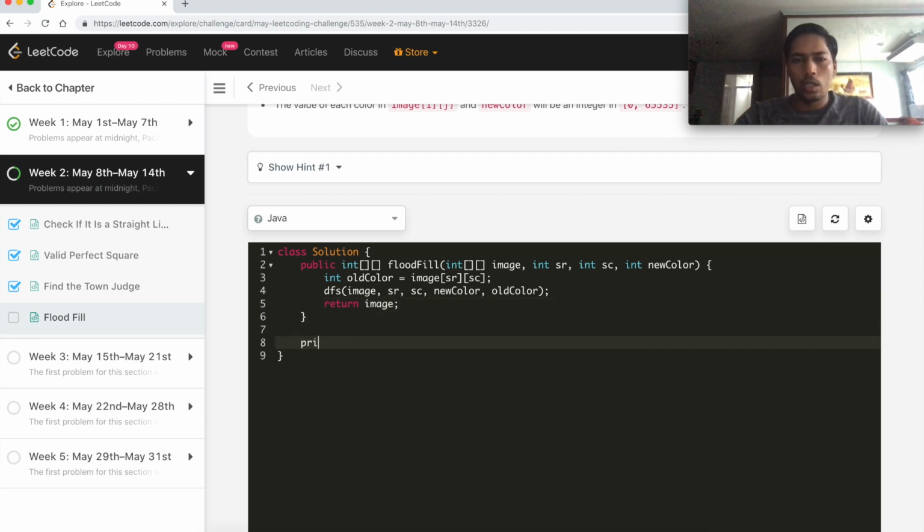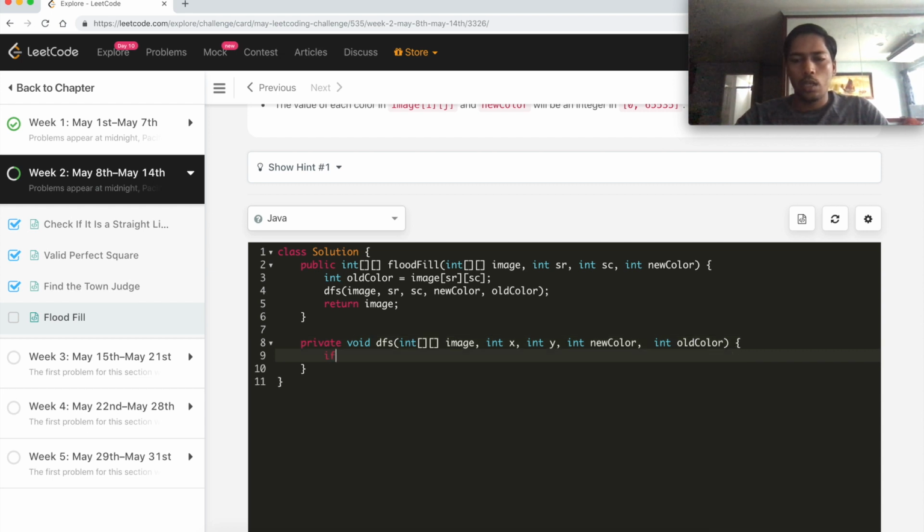In our DFS method we will write a private void method DFS, which will get the image, and then int x and int y, let me change SR to the X coordinate and SC to Y, then int new color and int old color.